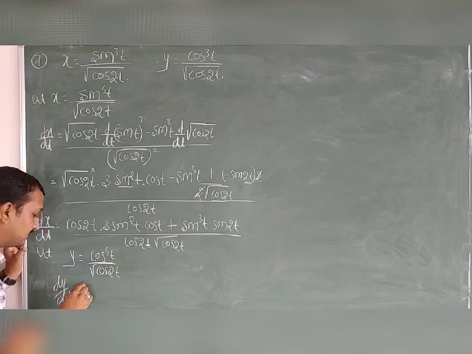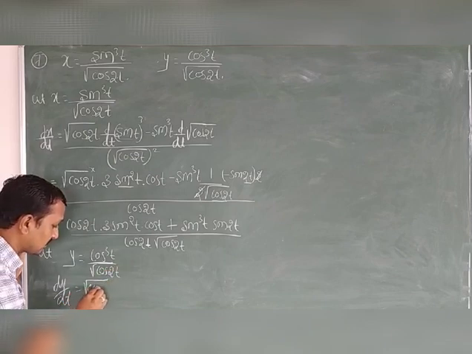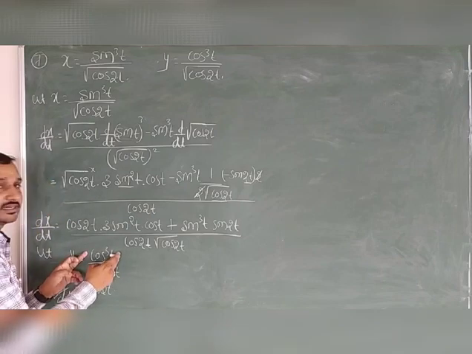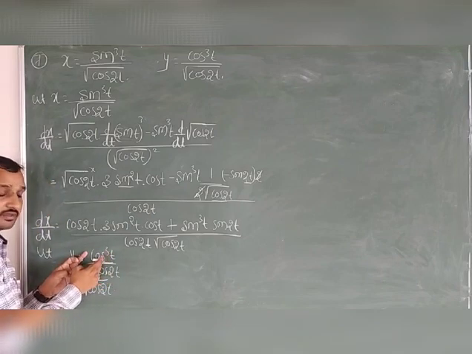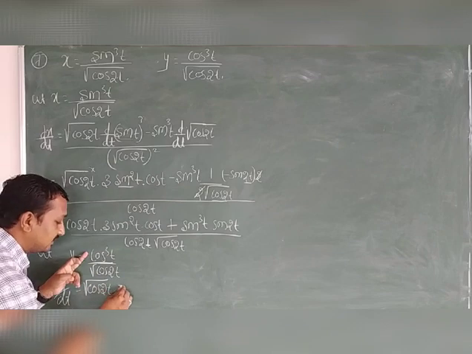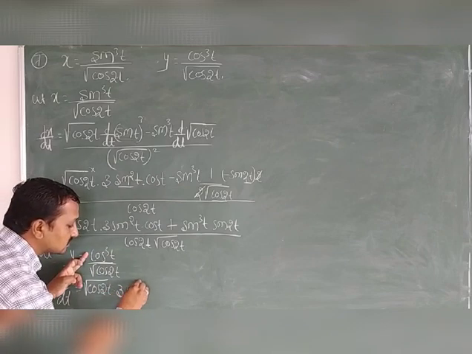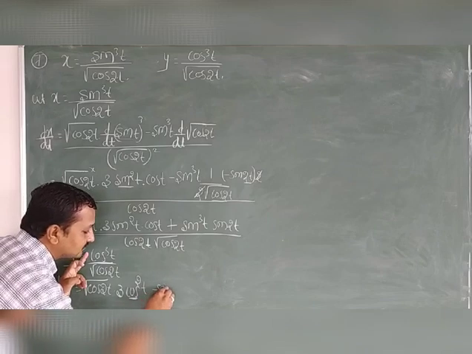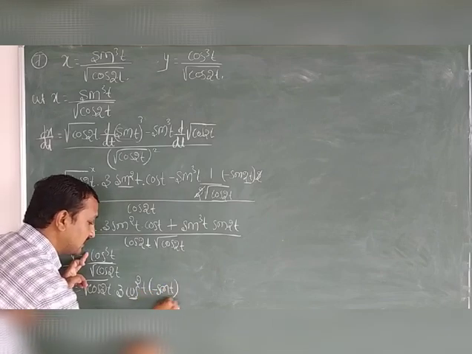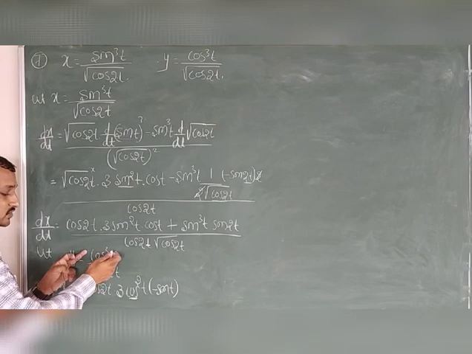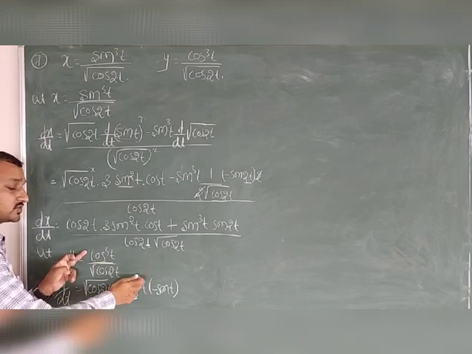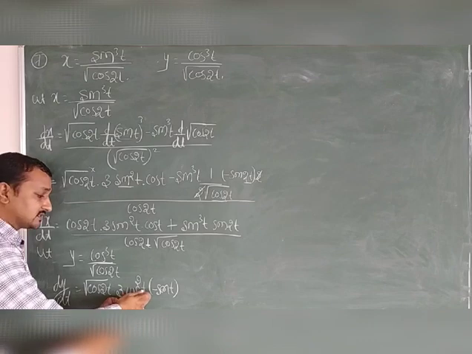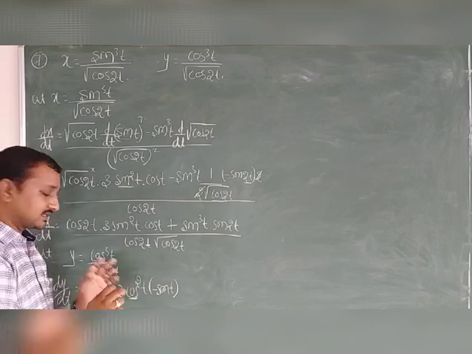So the numerator term keep as it is. What is the numerator term? Cos 2t, keep as it is. Then the derivative of the numerator. What is the derivative of the numerator? This is the x cube form. I can write 3 cos square t, with respect to cos t is minus sin t. Clear that? This is the x cube form. Derivative of x cube is 3x square. Instead of x, what is that? Cos t. What is the derivative of cos t? Minus sin t. Is that clear?